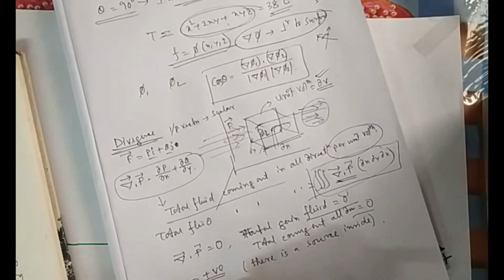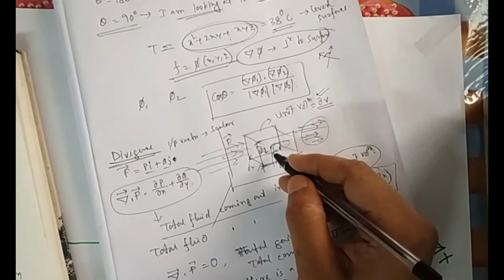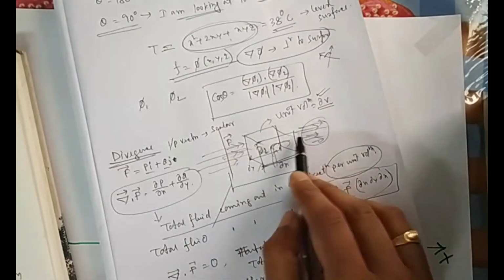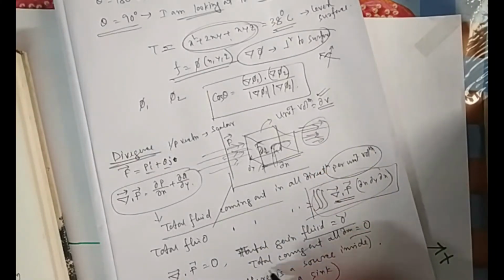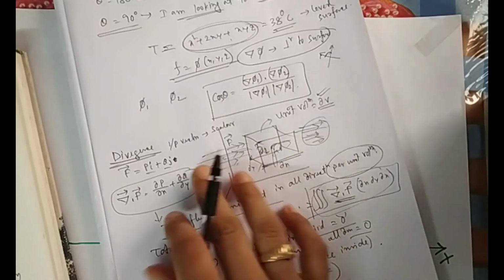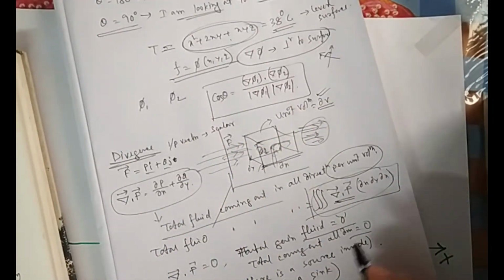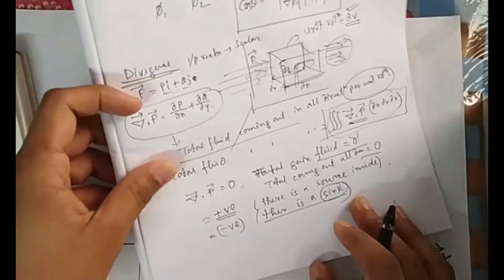If it is negative, then we say there is a sink. Suppose some animal is sitting inside there and it is drinking the water. So if it is drinking, you will get negative. That much water that comes in will not go out. So the total gain, or total coming out, will be negative. Suppose 10 liters come in, and 8 liters come out, because 2 liters someone is drinking. That's why we will say that is known as a sink.